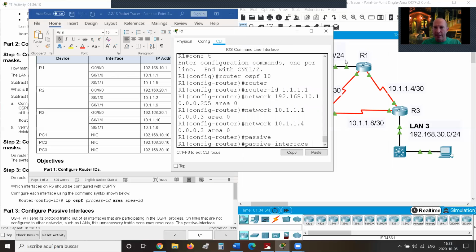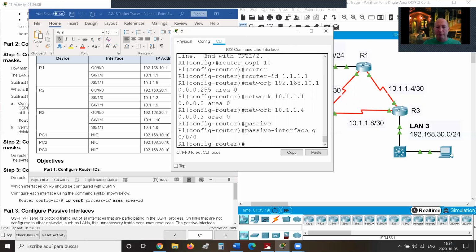The risk would be that someone hooks up a router to that network and starts messing with your OSPF. So part of this is security, part of this is efficiency, and the passive interface is going to be gigabit Ethernet